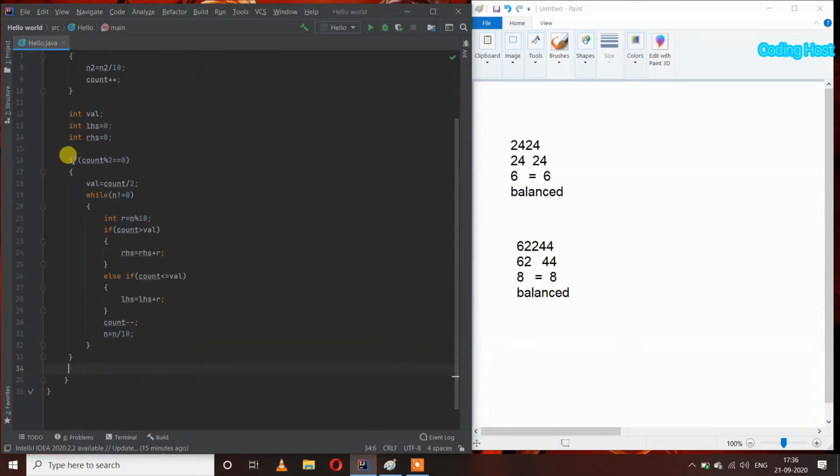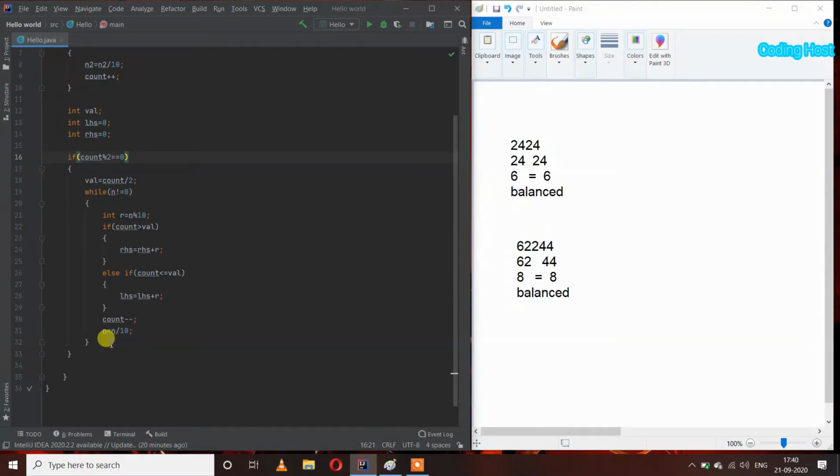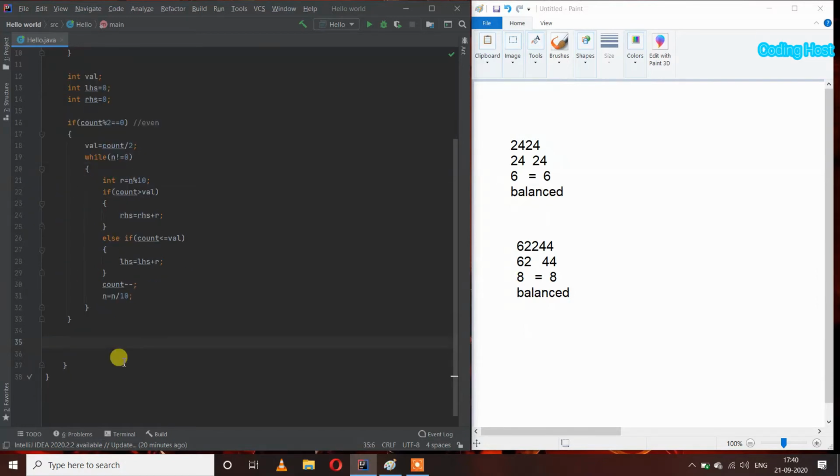So in this if statement, from here to here will work for the numbers that have an even number of digits. So I am writing here in the comment even, and in the else part I will write the program for an odd number of digits.